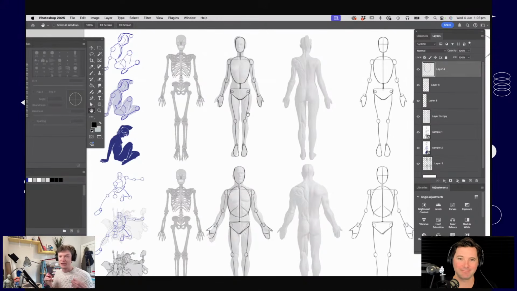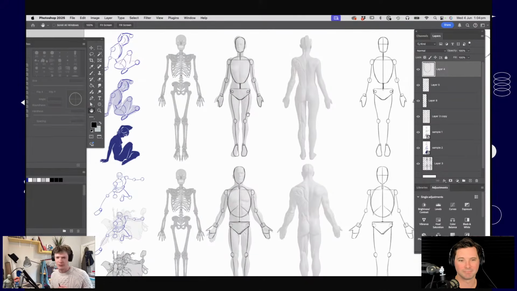But the other thing is that because we're so naturally attuned to people, we have a much more critical eye when it comes to looking at a person than, say, a car. If I draw the distance between the front and back wheels on a car 30% wrong, you're probably not going to notice. Whereas if a person's arm is 30% too long, you're probably going to pick up on it. So we perceive humans with a very accurate, critical eye, and it's a really difficult thing to get right.